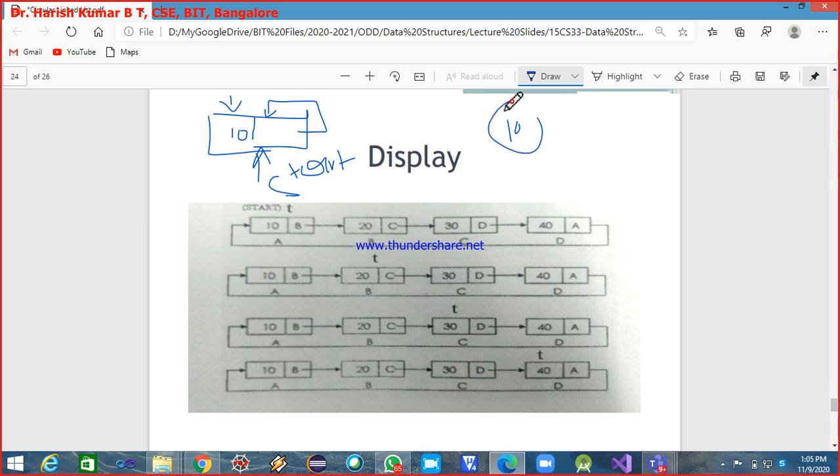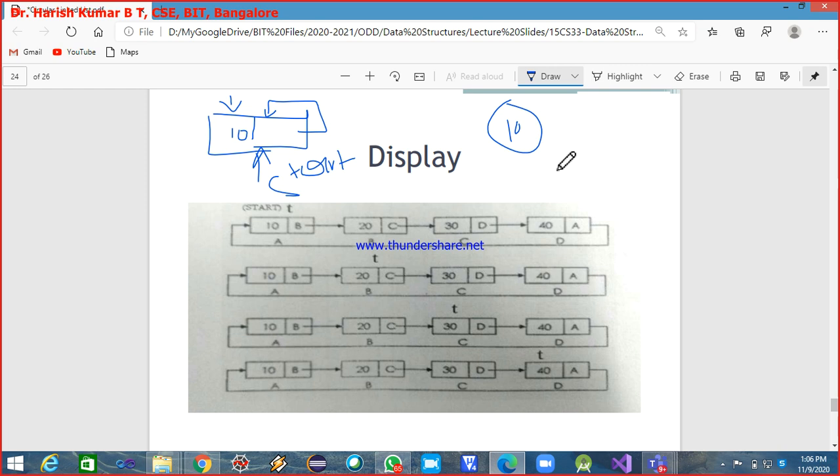Okay, so try writing the algorithm and the function for display. Try on your own. Don't simply say it and waste time.